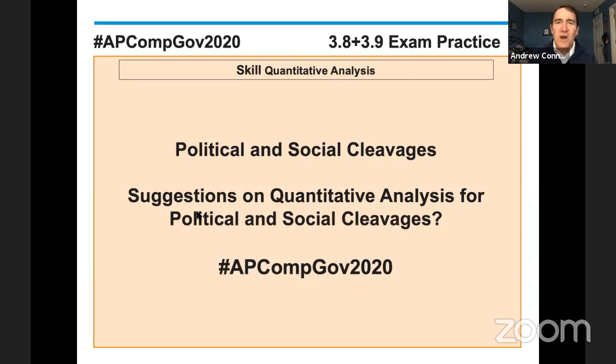APCompGov2020. Tomorrow, we are wrapping up Unit 3 with political and social cleavages, lots of different examples of political and social cleavages in our 6 core countries and how governments respond to those cleavages. If you have suggestions on a quantitative analysis, I'm trying to look for a good example of bringing some data in or an infographic. If you have examples, please feel free to share those at hashtag